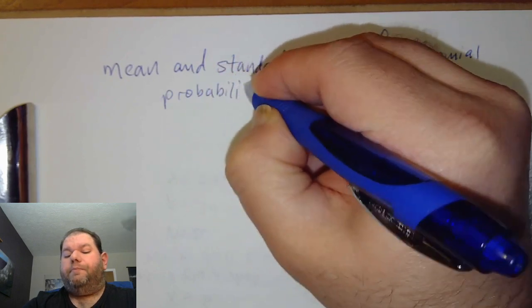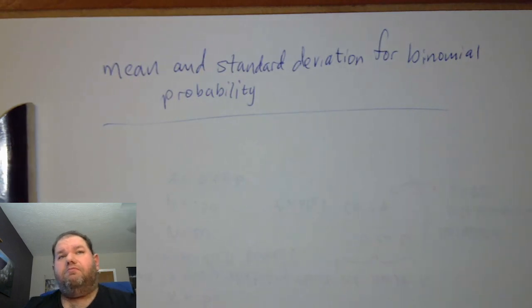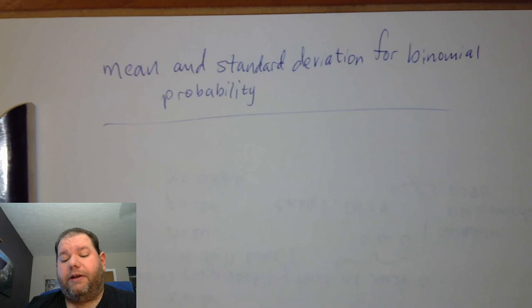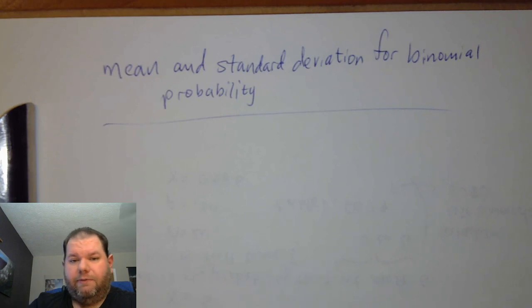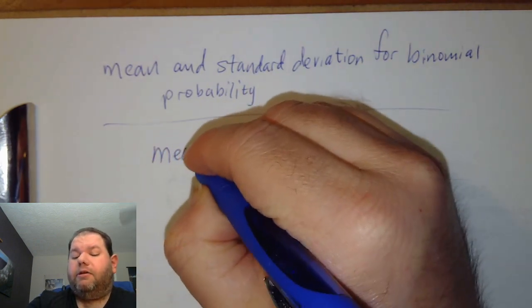Now, this will be a nice surprise, I think. This is the easiest calculations we have for mean and standard deviation for any topic in this course. Certainly easier than anything we've looked at so far, and I don't think we need to find it for anything else after this. Our mean,